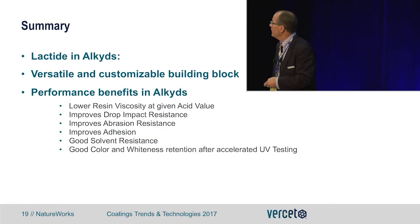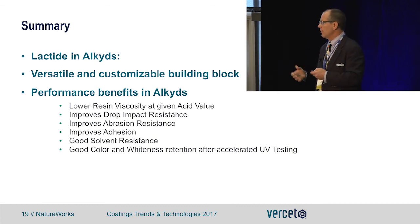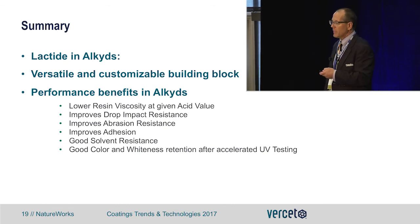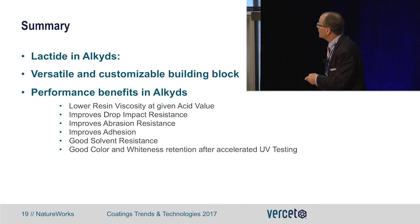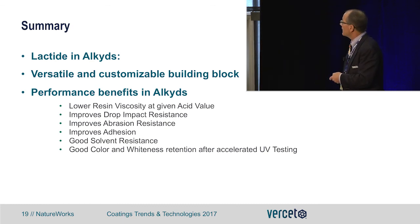Generally here in summary, lactide and alkyds, it can go into these polyesters. It can go into alkyd systems. Can replace both penta and phthalic anhydride. Customizable building block with the different types of lactides. There's some synergies that maybe could be extracted there. We see very, very good